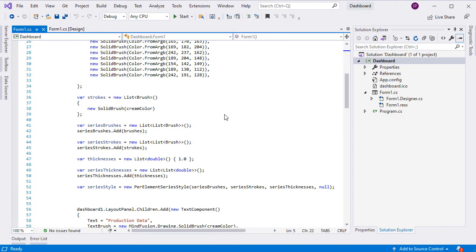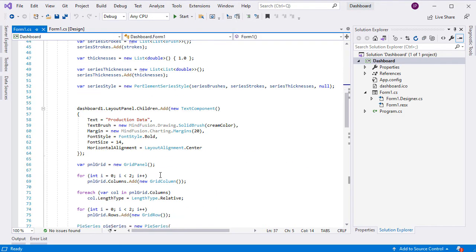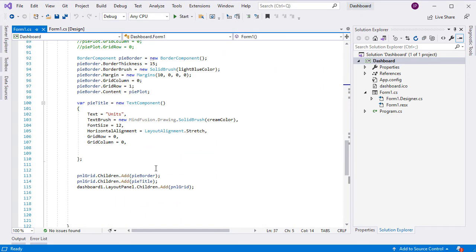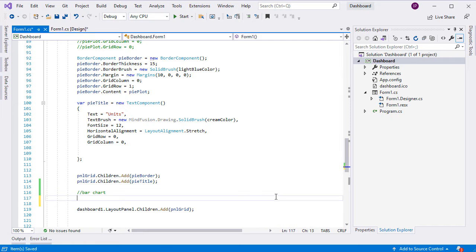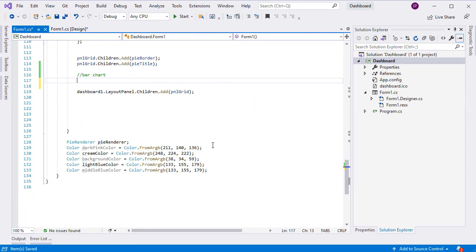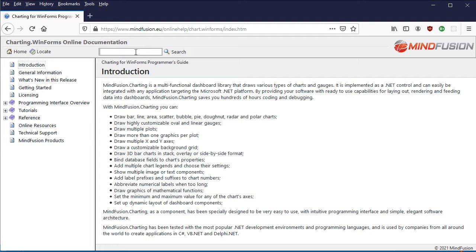Let's get back to our dashboard project in Visual Studio. We start building the bar chart by creating its axes. They are instances of the axis class, which exposes members for customizing an axis.